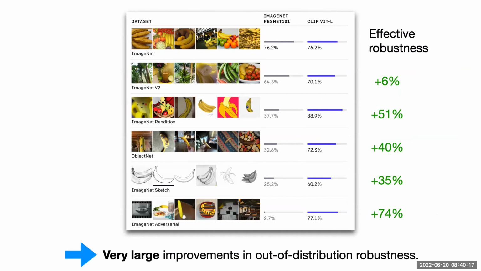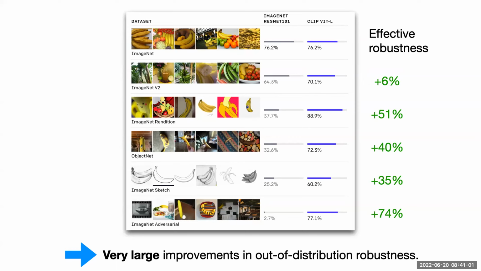Okay, they did exceedingly well on all of these distribution shifts. So now you're an expert, you know all of them: ImageNet v2, ImageNet R, ObjectNet, ImageNet Sketch, ImageNet Adversarial. This is straight from their blog post, so they evaluated on all of them, and they also did their evaluation on this effective robustness framework. So they compare the accuracy of CLIP ViT-L, their largest model, to an ImageNet trained ResNet 101, so that on ImageNet, the two models have the same accuracy. So basically look in the scatter plot, we are looking at a certain x value, and then you can look at all of the out of distribution accuracies. And the CLIP model just did exceedingly well, like 6% is half of the drop on ImageNet v2, and then on the other distribution shifts like plus 50%, plus 40%, plus 35, plus 74.